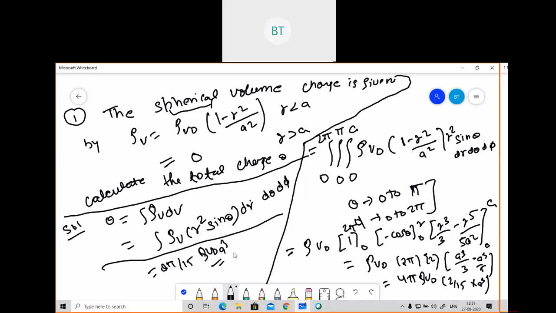So write this question and tell me in which step you are finding difficulties. After this, it is all integration. You only need to remember that theta varies from 0 to pi and phi varies from 0 to 2 pi, then just put those limits, apply integration, solve the integration, and you'll get the value. So please see this question and tell me where you are finding difficulties.